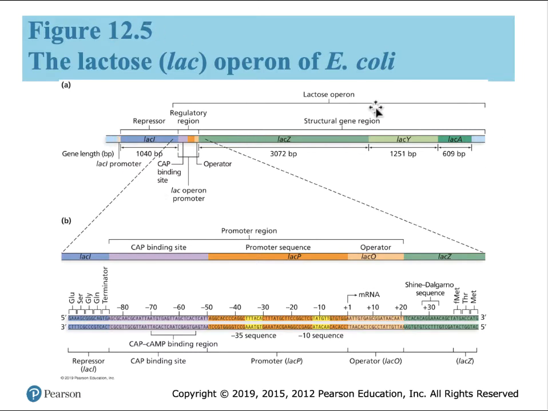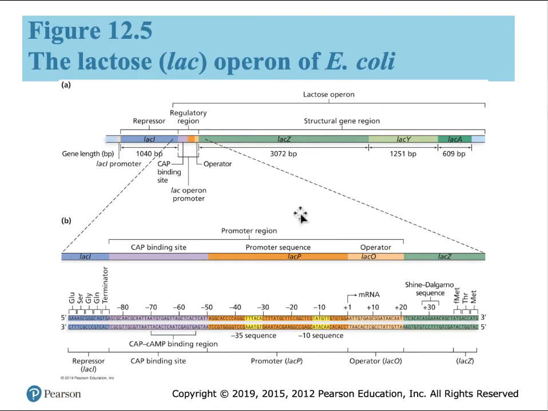So in a general perspective, we can see the three genes, the three structural genes are here, with the Z gene followed by the Y gene and then the A gene. And just upstream of that, we have the regulatory region, to which we have an operator in yellow, the RNA polymerase binding site in orange, and the cap binding site in this lavender color. Then upstream of that, some distance, we have the LAC-I gene with its own promoter. If one is able to draw this freehand, that will be a very good asset to have.